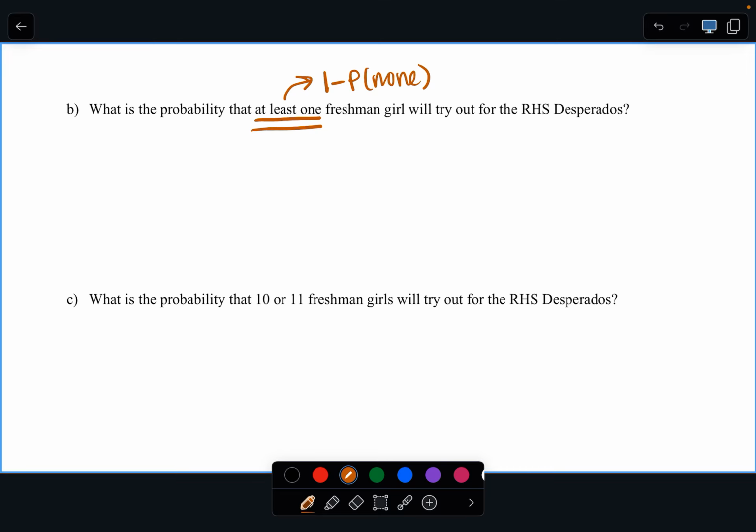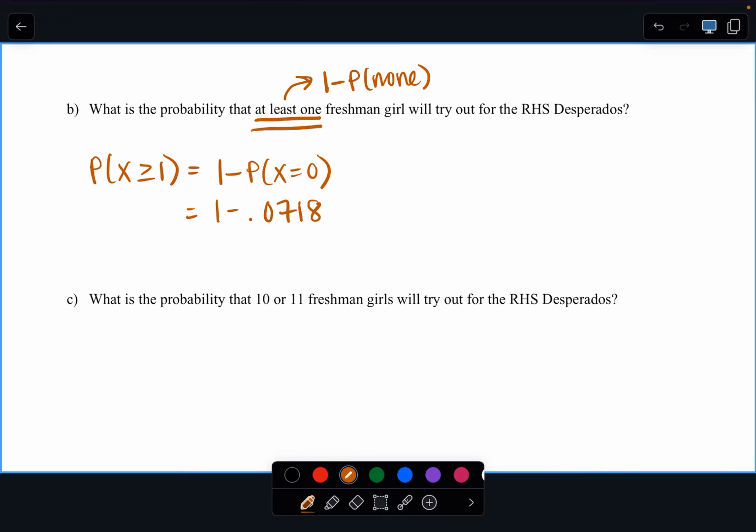Find the one instance where it's not true. That's none of them trying out. So if I want the probability that X is greater than or equal to 1, I need to be finding 1 minus the probability that X is equal to 0. None of them trying out. And conveniently enough, we have already found X is equal to 0. We said that that was